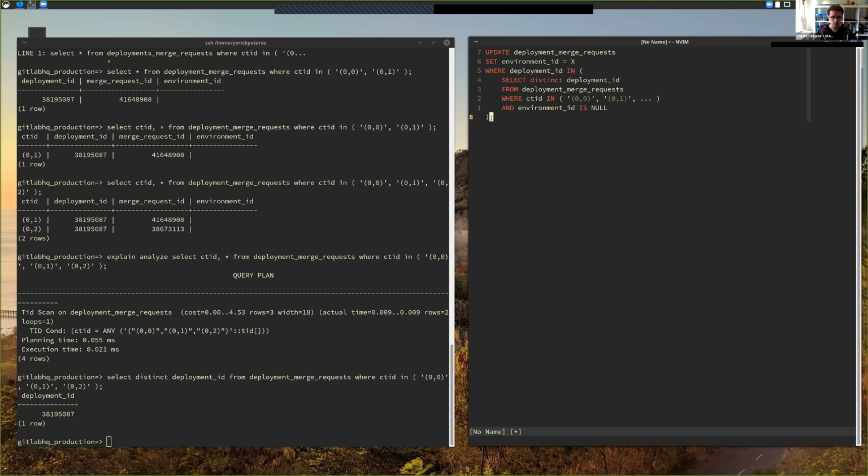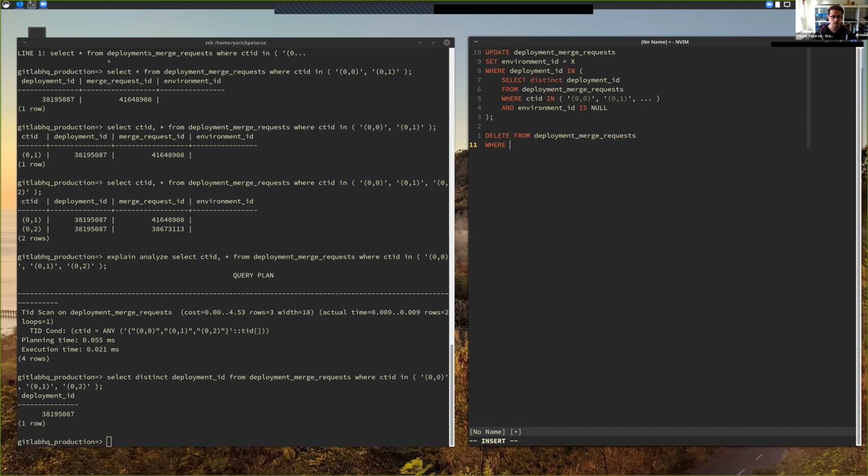Then again, you have to fetch those duplicate rows, and you do a delete with a subselect or something, where you limit it so that you only remove all but one row. From the top of my head, that's something like delete from deployment merge request, where